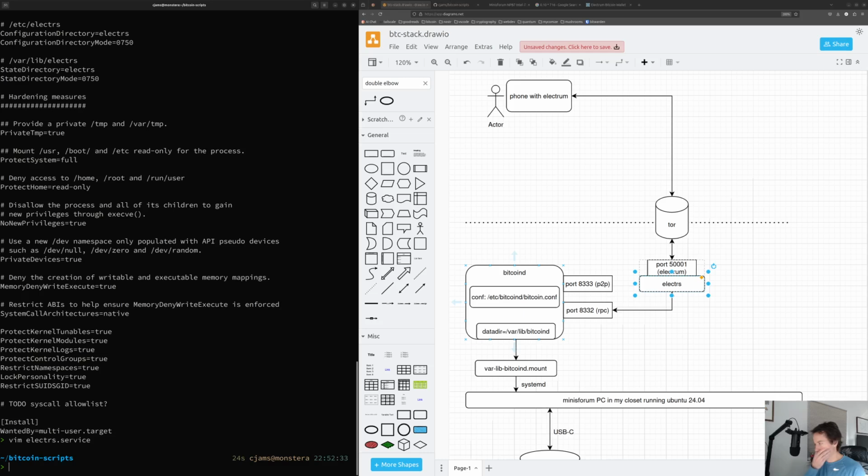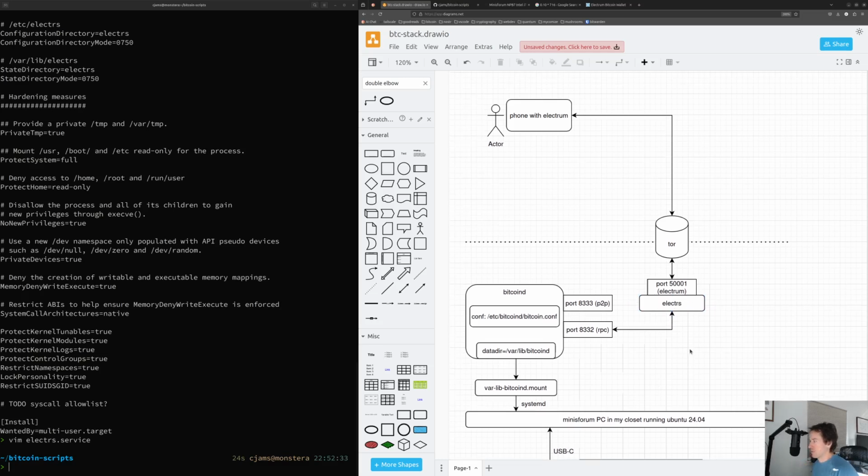Okay, and so that's electrs, and like I said, Electrum, it's a wallet that allows you to be fully self-sovereign from the node, from the transaction up, right? So you're able to verify everything yourself by connecting to your own